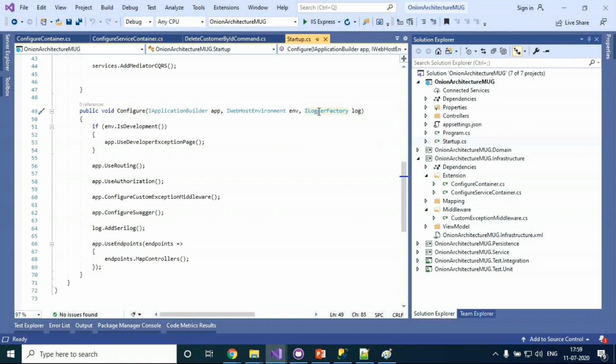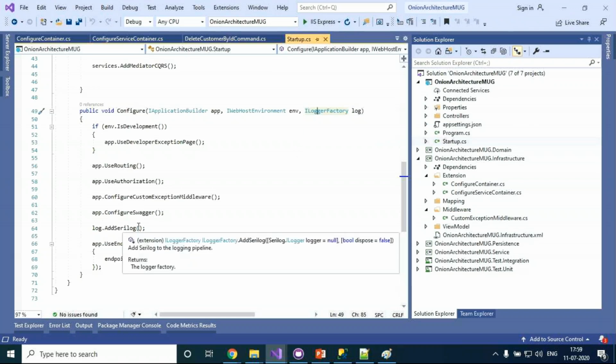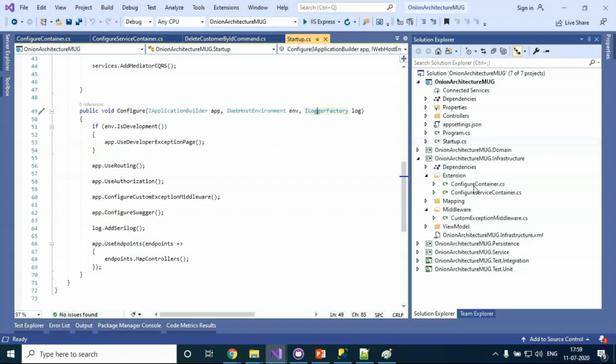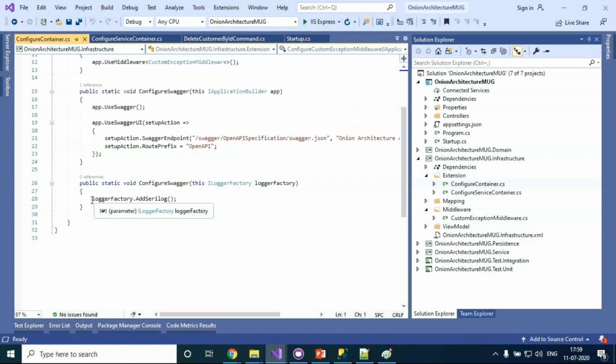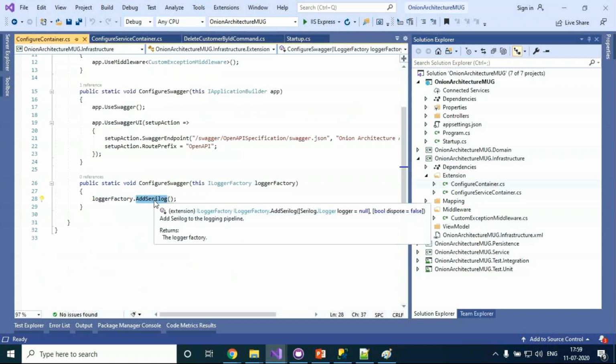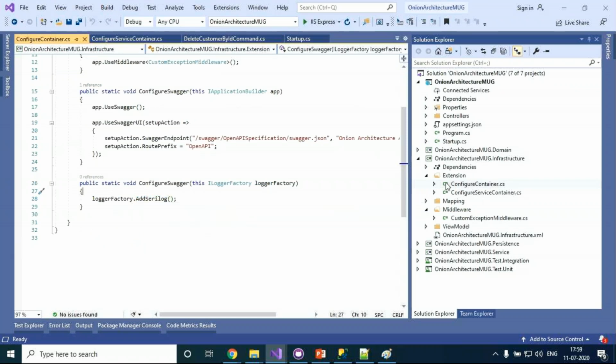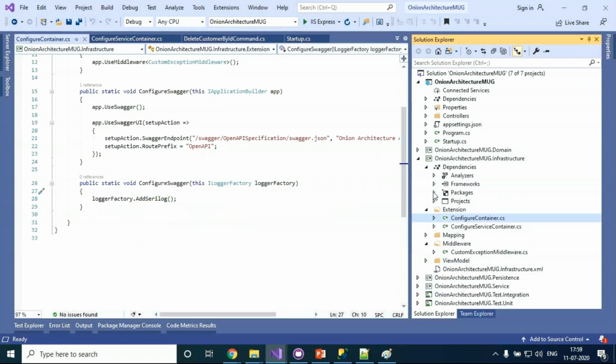Instead of writing it in my Configure method, we can create it separately. We have extension methods, one for ConfigureServices and one for Configure, add factory, add Serilog logger. You can ask where the third-party DLL is. It's available in my infrastructure layer. See, it's all available here.